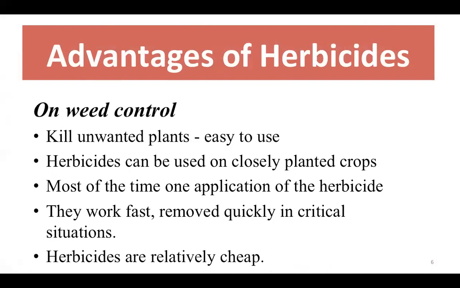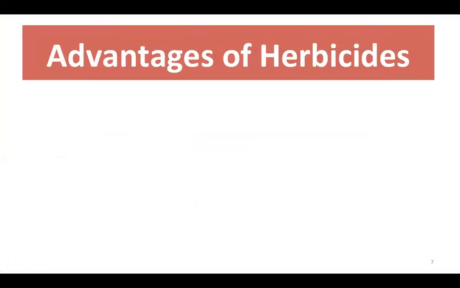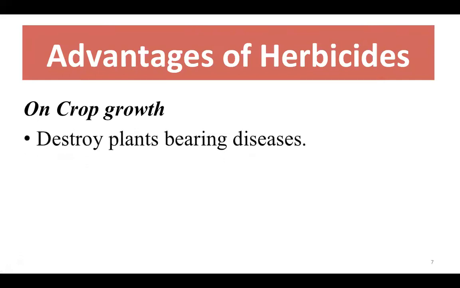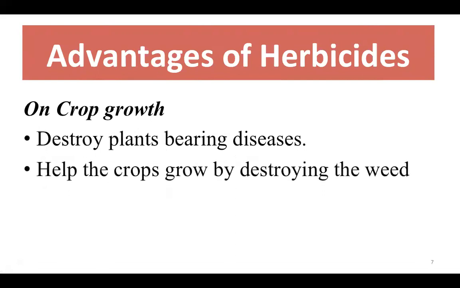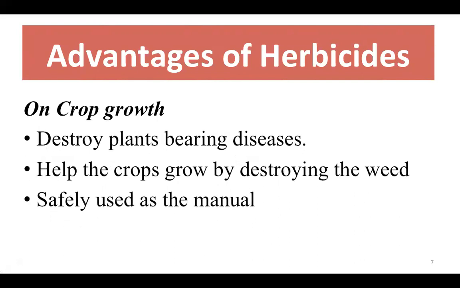So how do we control the weeds? The particular time of application works faster, and these are relatively cheaper methods to control that particular kind of weed in the agricultural field. How does it affect the growth of the plant in a particular crop? They can destroy plant-bearing diseases, and they also help the crops grow by destroying the weeds that cause harmful effects, which include germination,